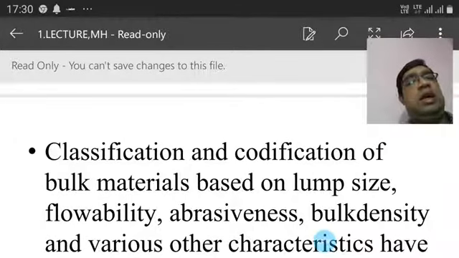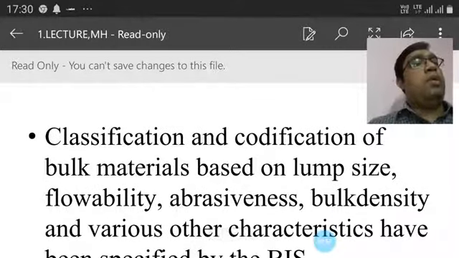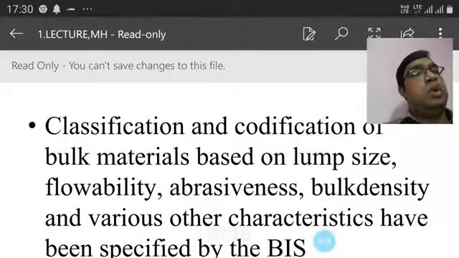Basically, codification is a very important thing, because in our inventory control you have to consider the bill of materials. You have to give some code, and a storekeeper will maintain it, so when you want to check whether this type of material is available in your store, the storekeeper puts the code in the computer, and it shows up on the computer screen. Then the person will be told that these materials are available in our store. So codification is very essential for this.